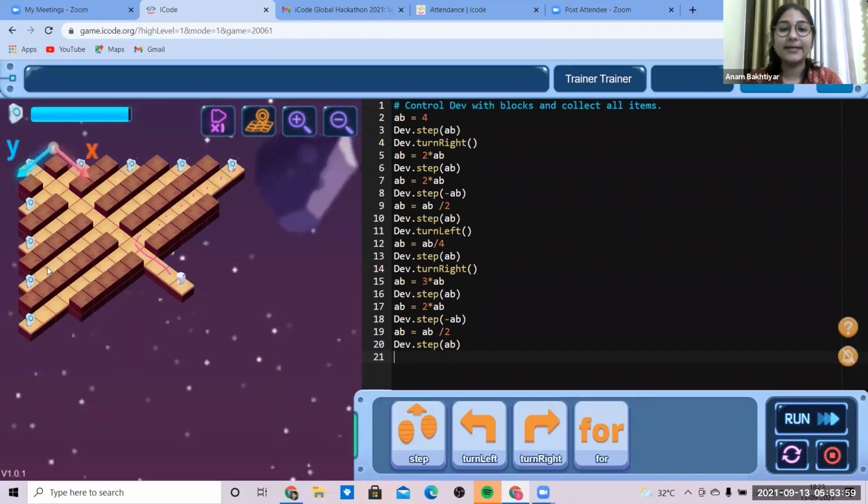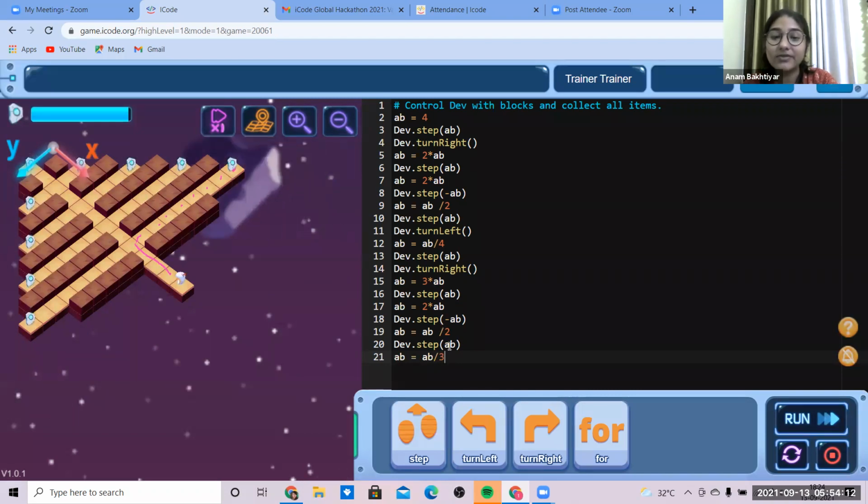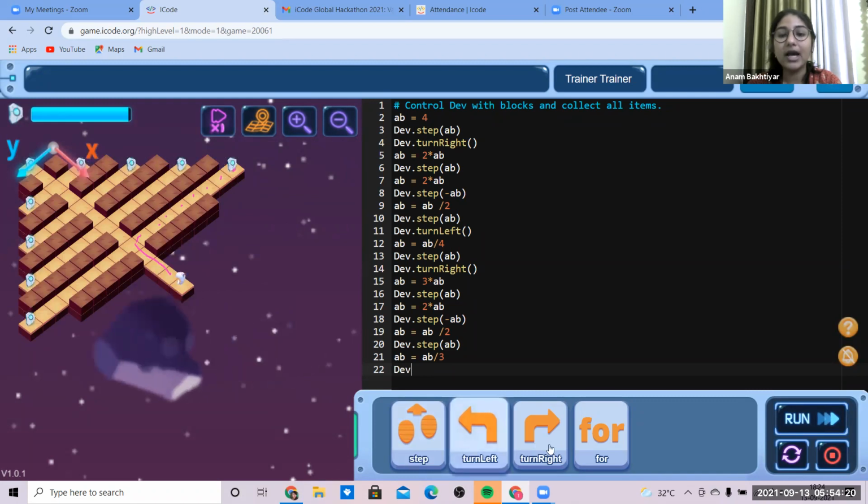So how many number of steps were we taking? We were taking 6 number of steps. So again, I have to just reduce it to 2. So AB equals AB divided by 3. Since we had done 3 times here, no? Now, if we had done this, it will be moving in that direction. After turning towards which way? After turning towards left.